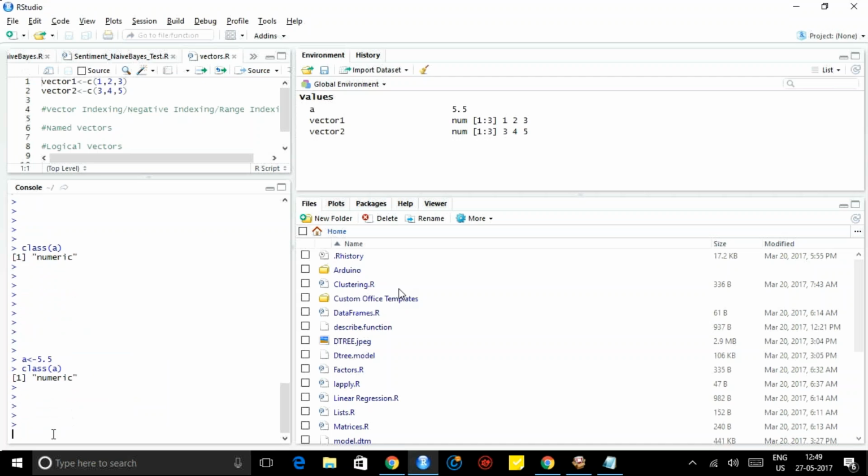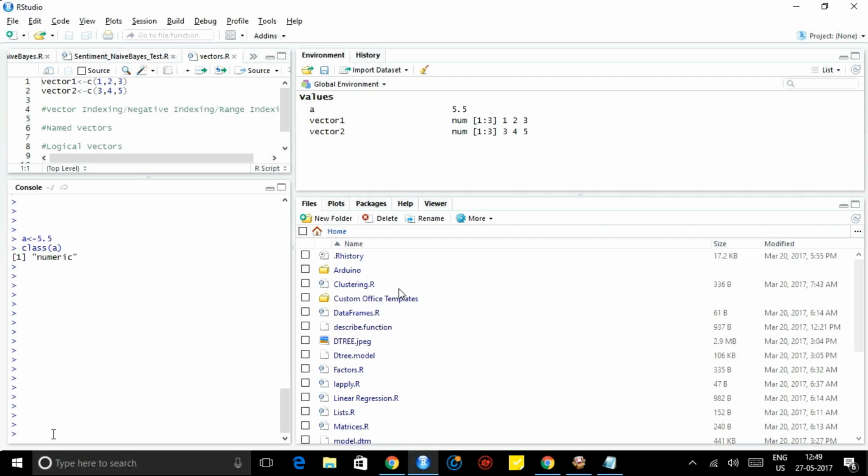But still it will be numeric. So we can say integer is like int data type. Numeric is like float. I will say float is like that, but it is not actually. Default is whenever we declare a number, it will be going to numeric only. We have to internally cast it if you want it as integer, but those things we generally don't do. We don't care what data type it is internally being.